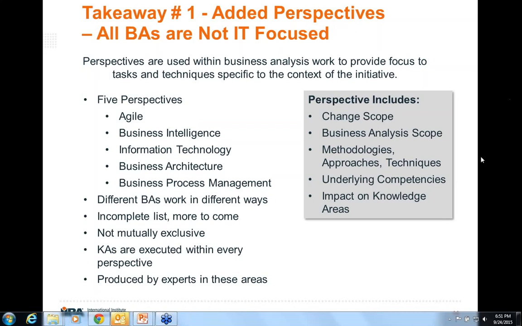They cover what the business analysis scope is in those specific areas, how you're going to apply methodologies, approaches, and various techniques, the underlying competencies that are required in each of these perspectives, the knowledge areas, and the various impacts on knowledge areas that you have to make sure that you observe. It has gone to that level, and that's why I think it provides great flexibility in adoption of BABOK version 3